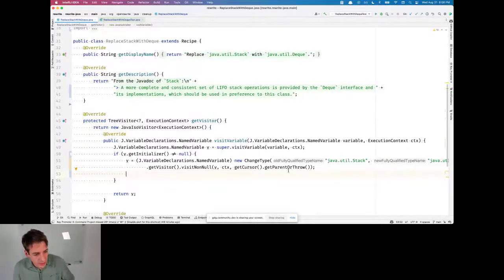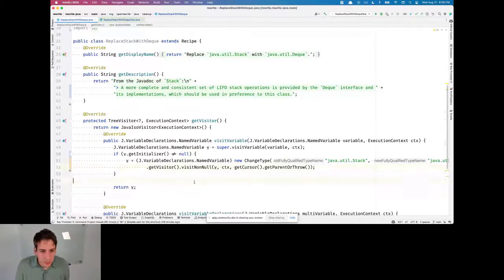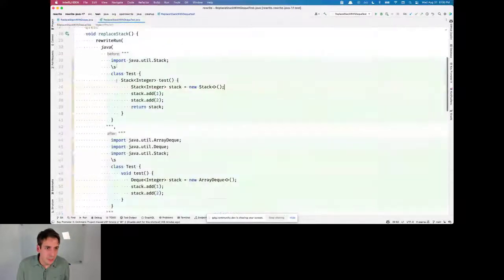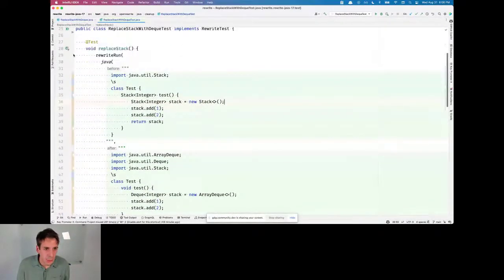So at this point, let's just run this. We've just done one little piece of it. Let's run this test and see what happens if we just do this piece. Let's let it build.